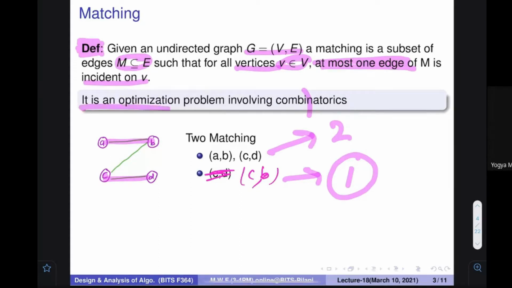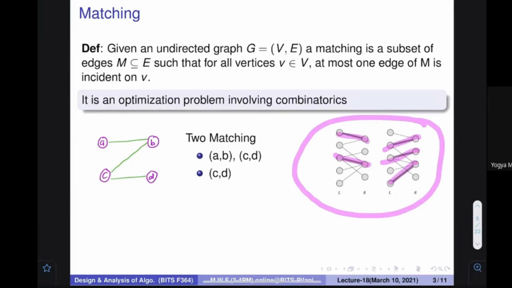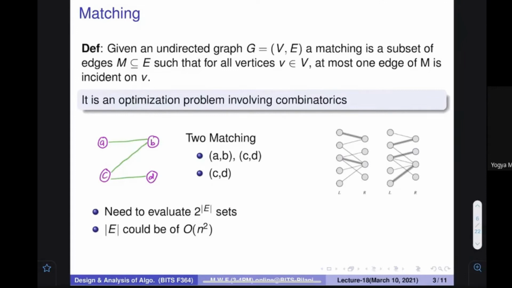So it is an optimization problem that involves combinatorics, because you have to find out permutation and combination, in how many ways you can arrange the things. If you don't put the things into the right way, you cannot succeed. Here is another example that is taken from the book. If you pick this one and this one, now you cannot add anything. But if you pick this and this, then the size is 3. Again, a similar kind of example taken from the book. So it is not that easy.